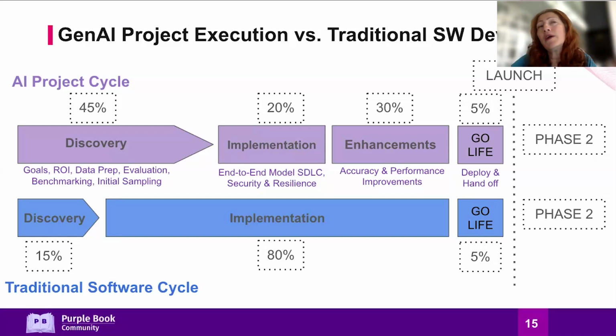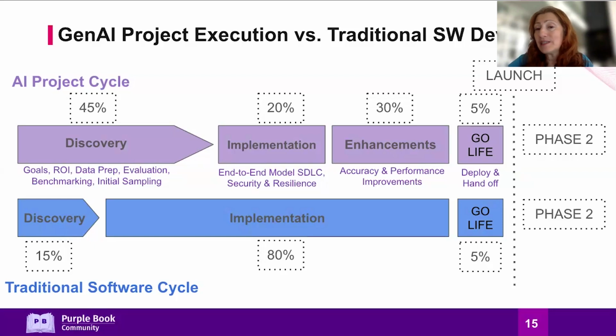So then, especially when we adapt a predefined foundational model, which is the idea, that we adapt the model, we don't need to start from scratch all the time. This implementation cycle is much shorter. We basically figure out that we need to do end-to-end implementation, this SDLC process, the testing, and then security resilience of the model goes here, the pre-build, to make sure that we adversarially train our models against adversarial techniques, etc.